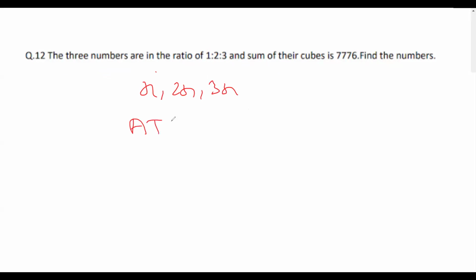Now, according to the question, the sum of their cubes. That means the cube of the first plus the cube of the second number plus the cube of the third number gives you